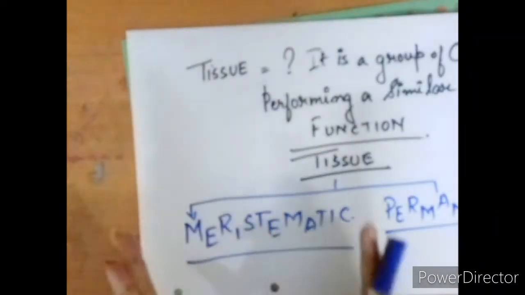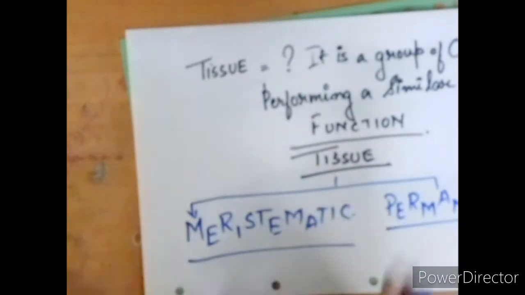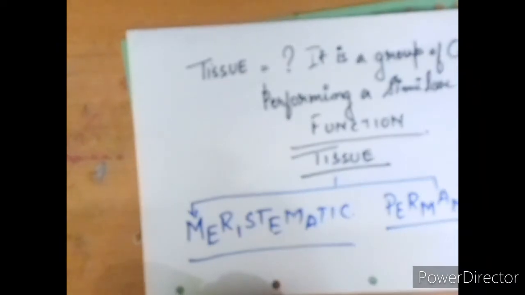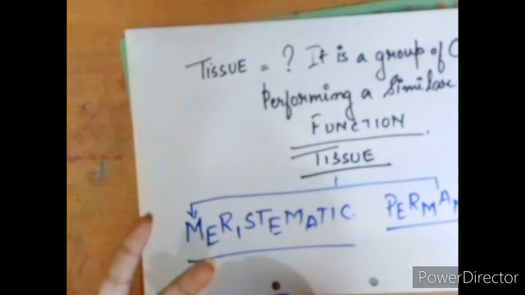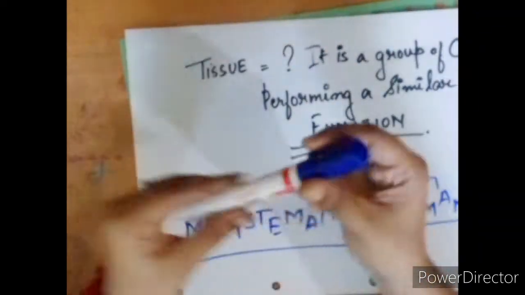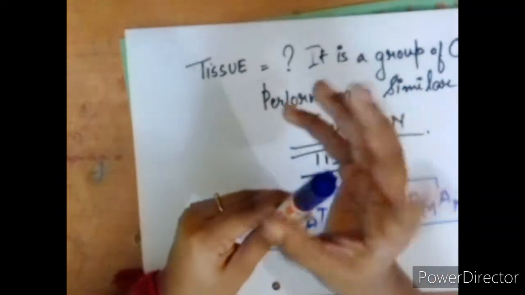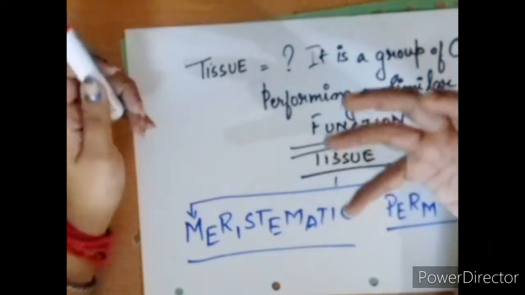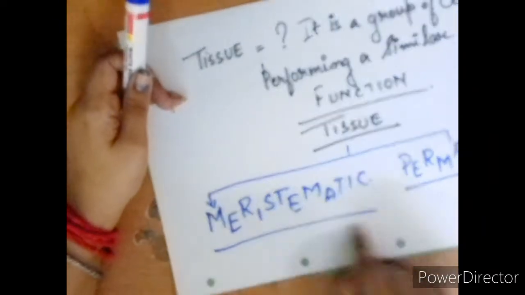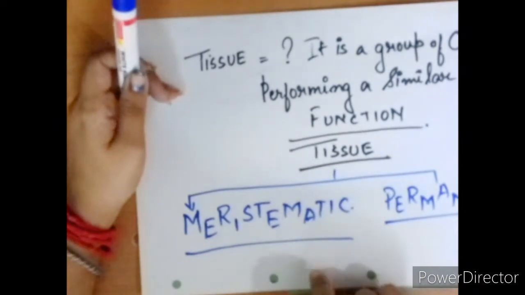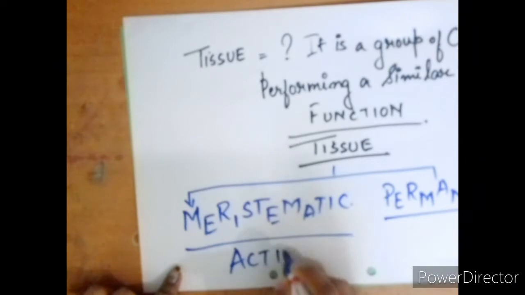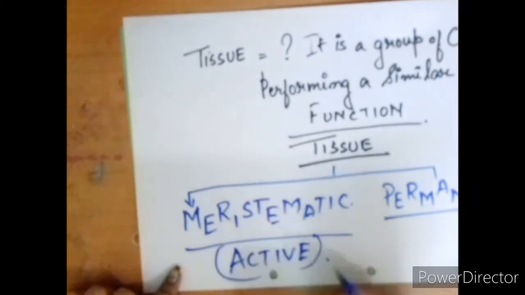Now what is it? Meristematic tissue deals with the highly actively growing portion. For example, if I take a plant, you will see the apical buds, the apex portion where a flower or a new leaf is going to come out. That portion is much more active than the other parts. That means meristematic action is more over there, a highly active zone in cell division.